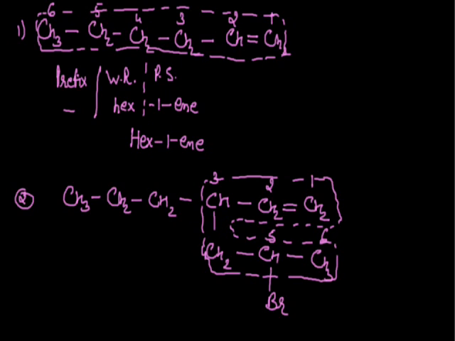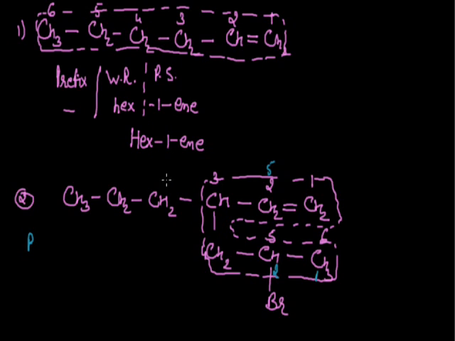On the other hand, if we start the numbering from the downward direction and take this terminal CH3 group as the first carbon atom, the bromine atom will come on the second position, but the multiple bond will come on the fifth position. Now to avoid this, we will do the numbering from the topward direction, because from here the double bond is getting the lowest number. And the name for this compound will be, firstly we will identify all the prefixes.